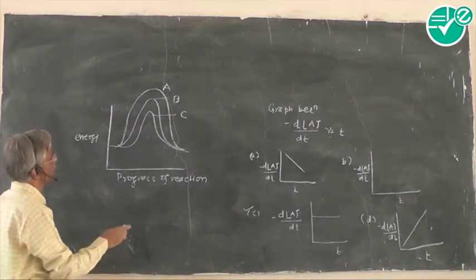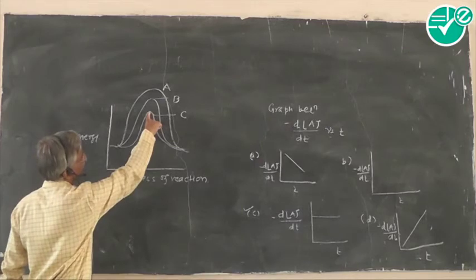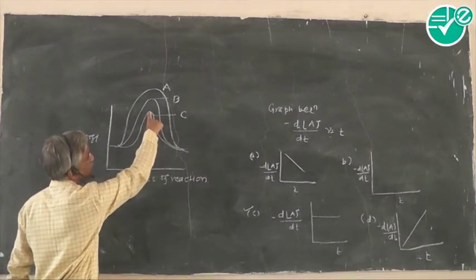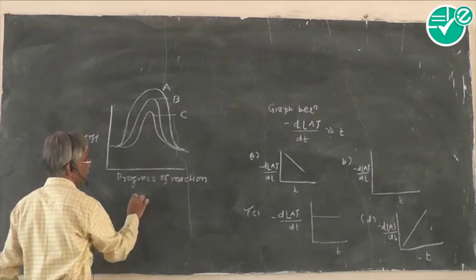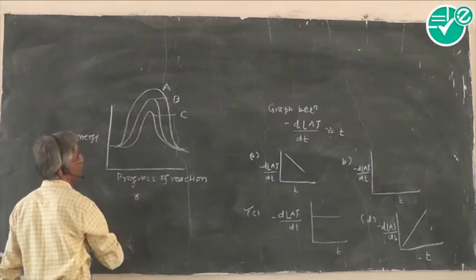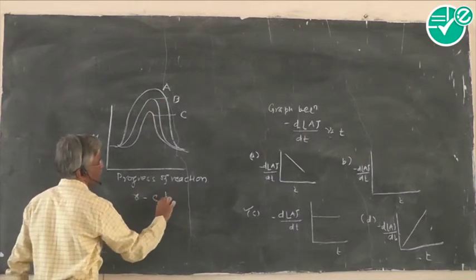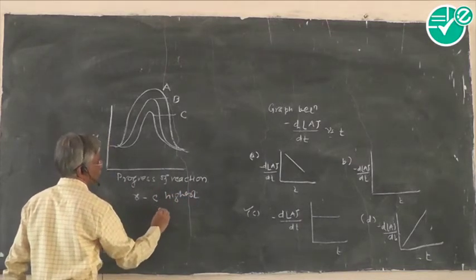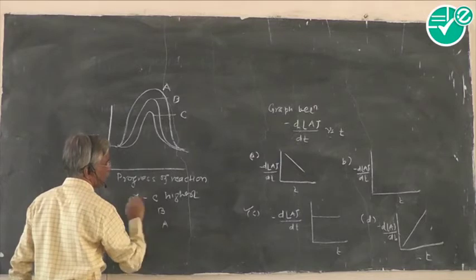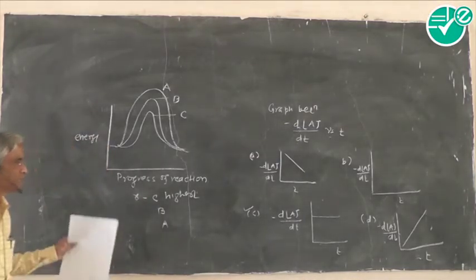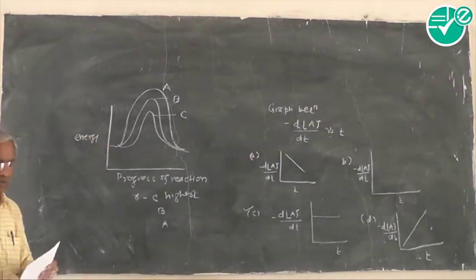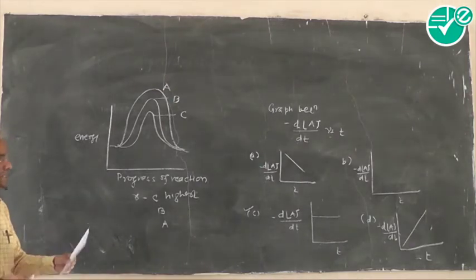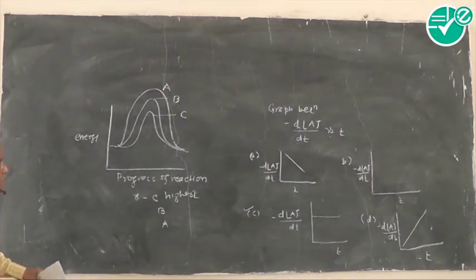Of course, a reaction which has a minimum activation energy due to utilization of catalyst will have a higher rate of reaction. Means the rate of reaction in C will be highest. It will be followed by B and then it will be followed by A. So make the arrangement like this. Look at the objective alternatives which have been provided to you, and you can have the proper answer of it.